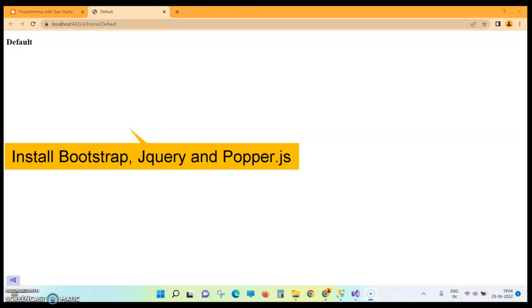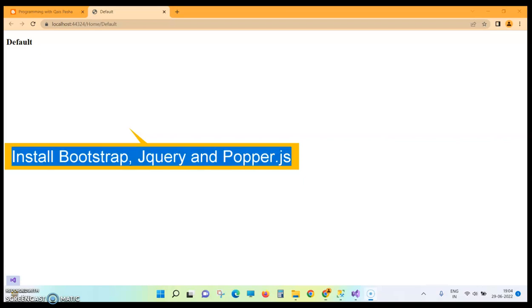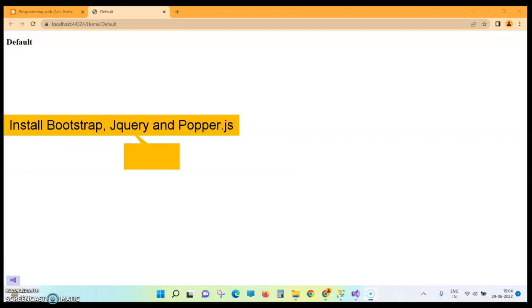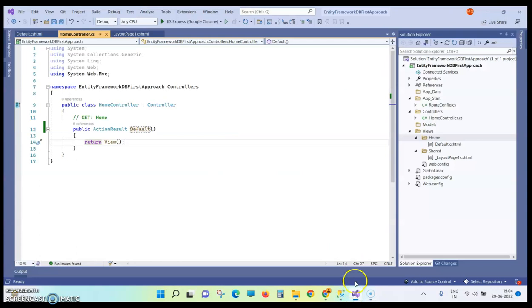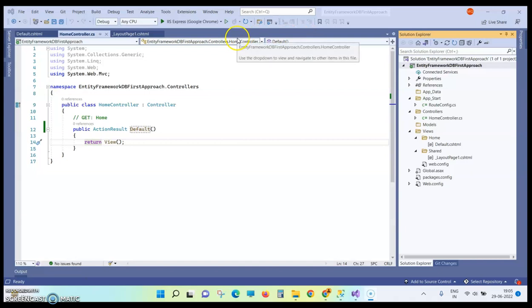to install Bootstrap, jQuery and Popper inside our project. So it's a very easy task. So let's install Bootstrap inside our project. If you are new to Bootstrap, please don't worry. We will make it very simple. To install the Bootstrap,